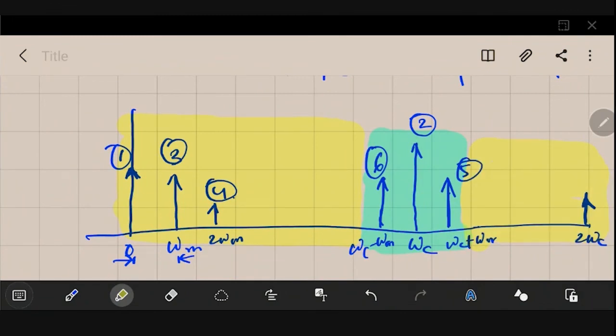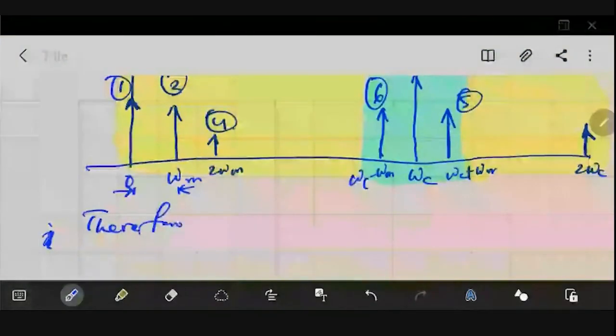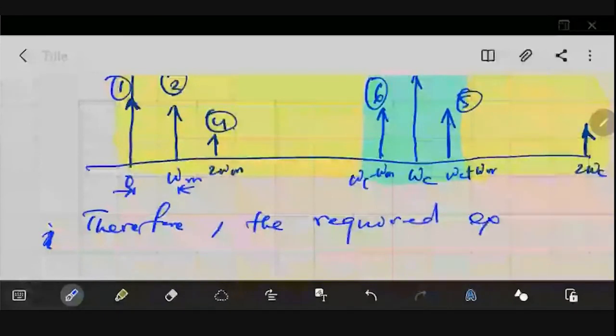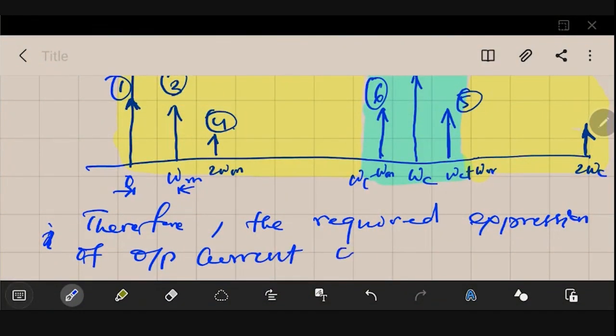That means components number 2, 6 and 5 will be there. So this component number 2 is also undesirable. However, there is no way we could remove it. It will go on inside that filter. So there is no way we could actually avoid that. So that means the output current equation will now change. Let me write it here. Therefore the required expression of output current will be